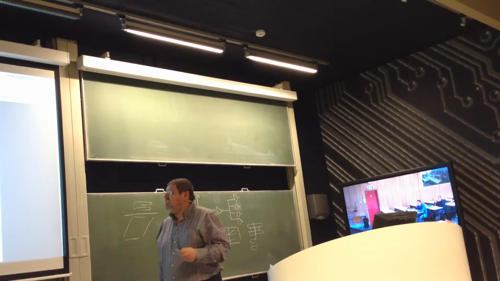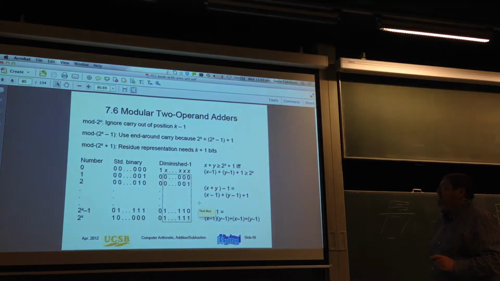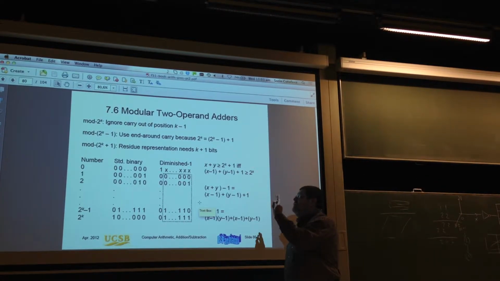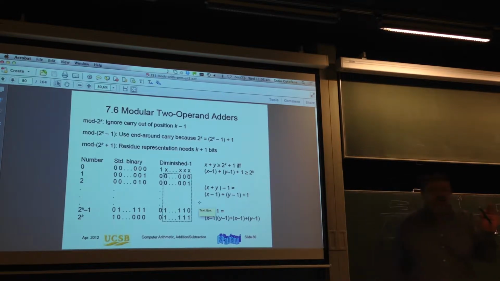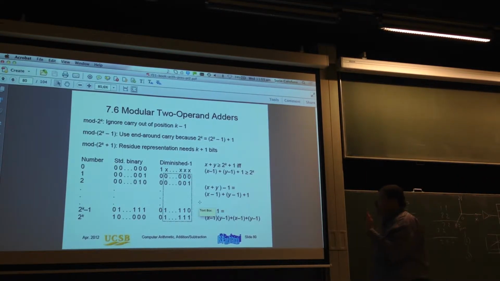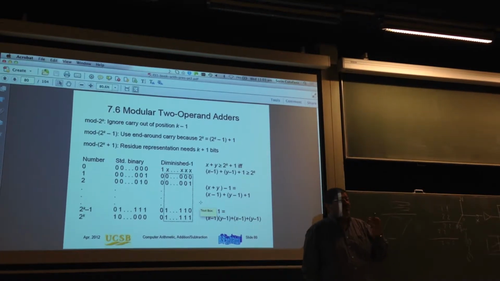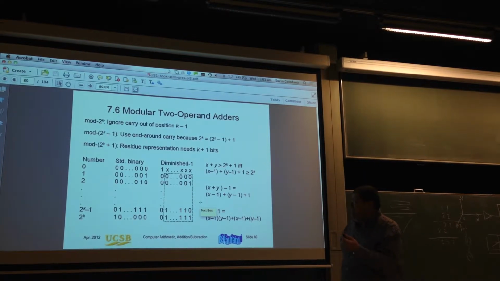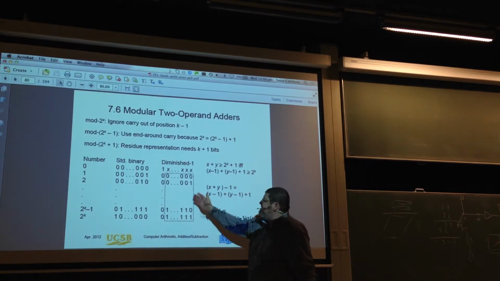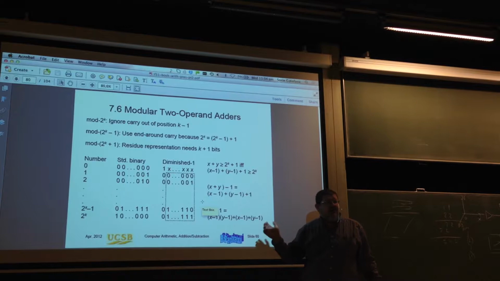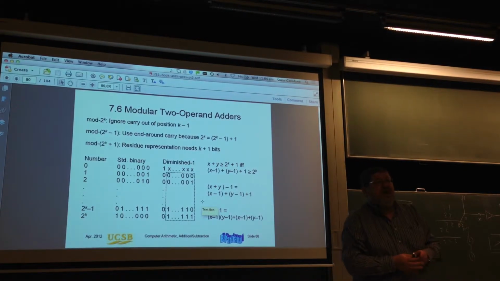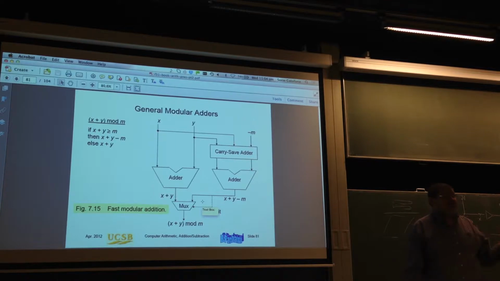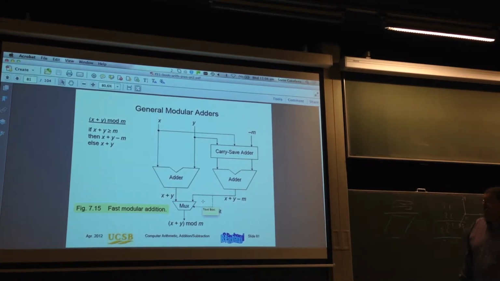The last part on addition relates to modular addition. When I have modulo 2 to the power k or 2 to the power k minus 1, things are simple. I drop the carry, or I drop the carry and do an end around carry. When I have modulo 2 to the power k plus 1, I use an overhead. Then instead of using k bits, I use k plus 1 bits. And then I use a different representation, which will still allow me to do simple calculations. But remember, 2's complement, 1's complement moduli are beautiful, but they are not delivering the trick. Then if I really want to take advantage of the RNS, I should go for a general purpose modular adder. And that's the way general purpose,